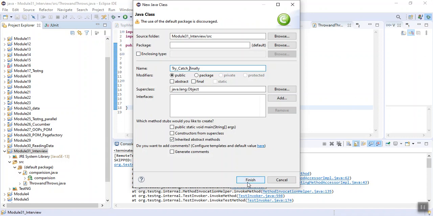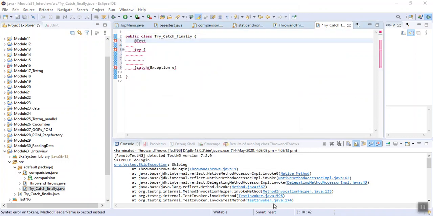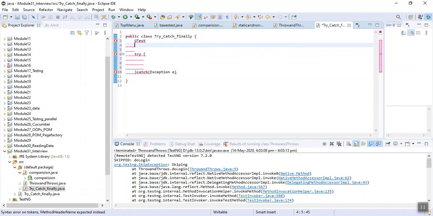Okay, finish it. So let me put it under a test. I am creating a test, public void testApp.